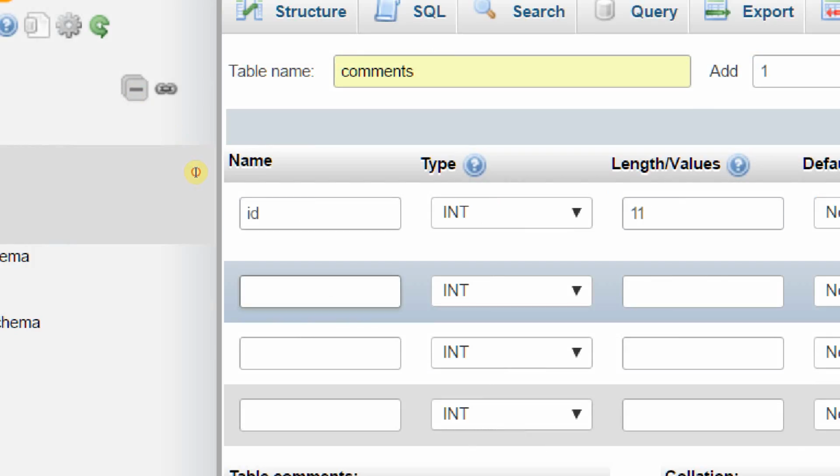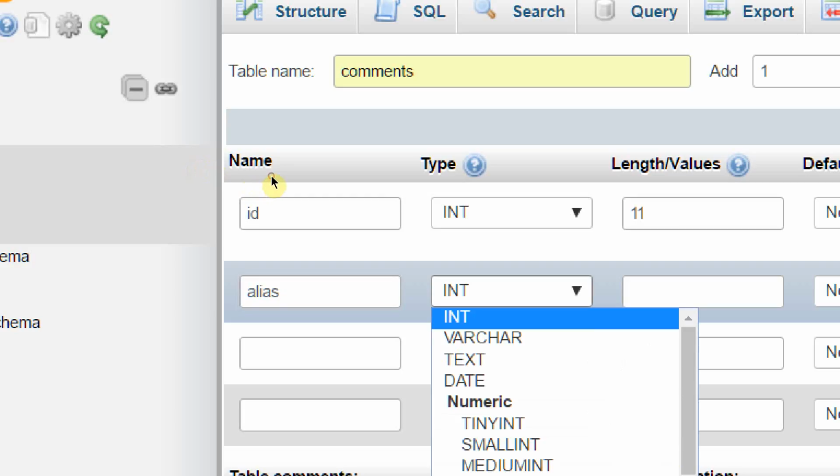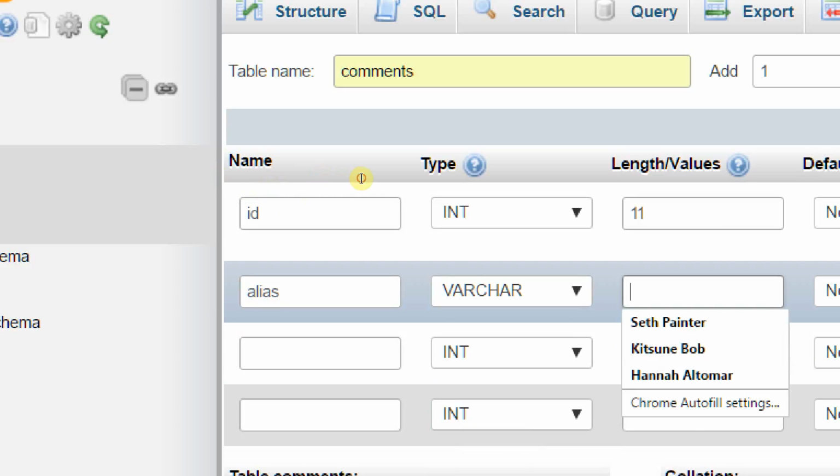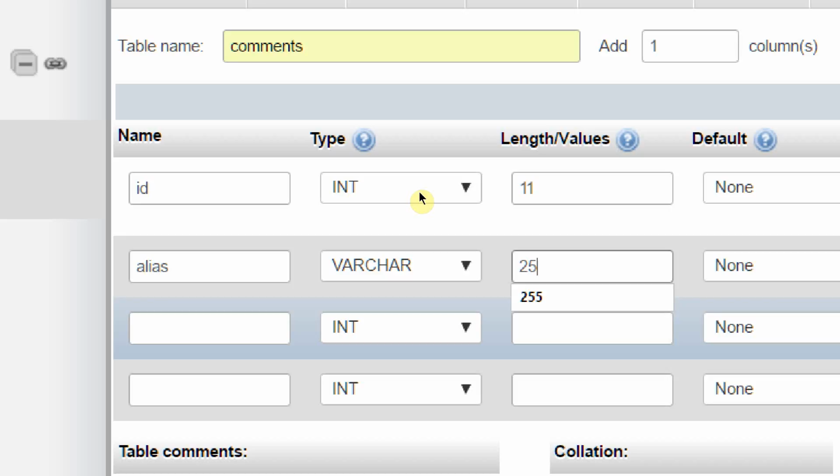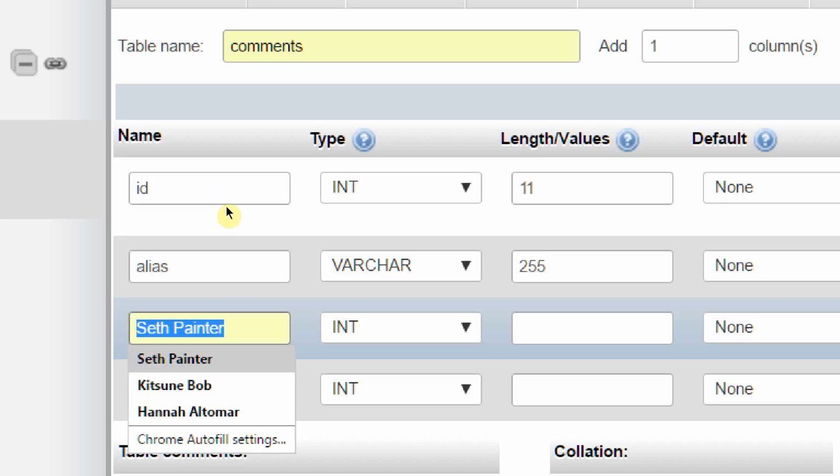The next one we need is a value for alias, and alias is going to be like the users are going to be able to post things with their names. They're going to be able to post any name they want. And some people may say, well, that's a terrible idea. Well, no, it's not, because I think it's fun when you can just post as whoever you want,